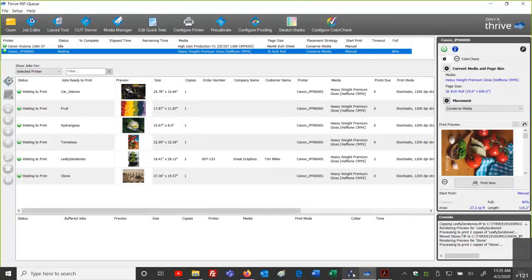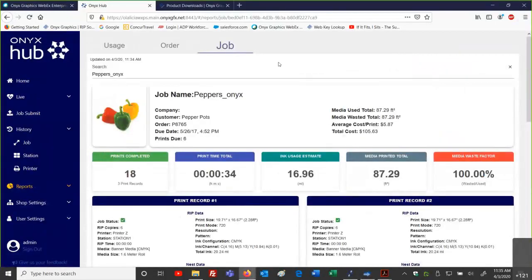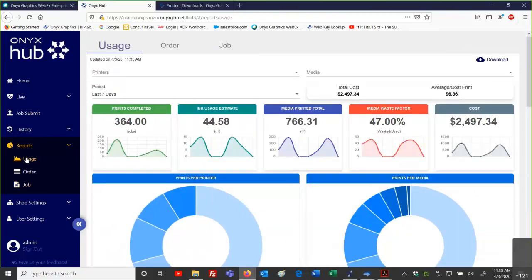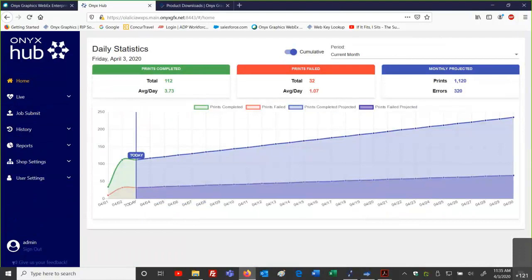Okay, so as far as our information goes, working with Hub, you've got these different data points and reports that we can pull information from based on a job basis, based on the system information. We can see our overall usages, pull information, generate reports. At any time we can go through and download and have this information, grab this. So at this time, I'm going to take a look at those chat messages that might have been coming up and see what questions you may have here.